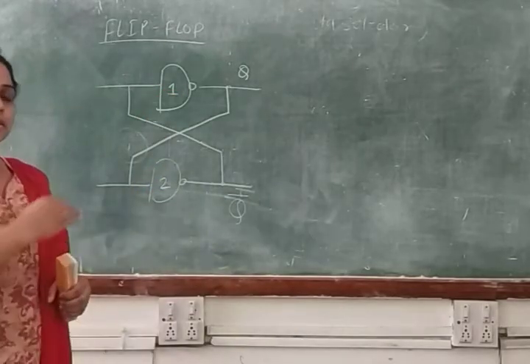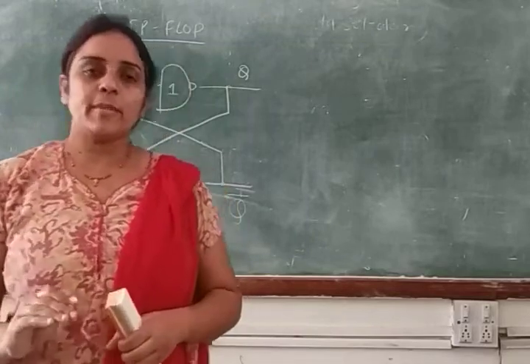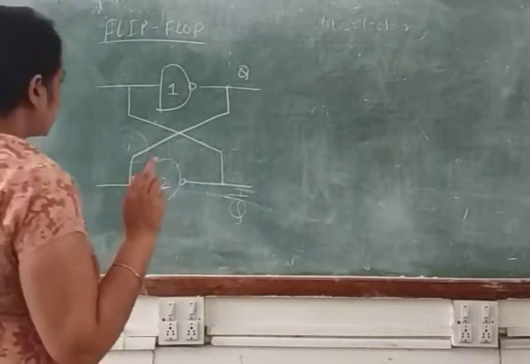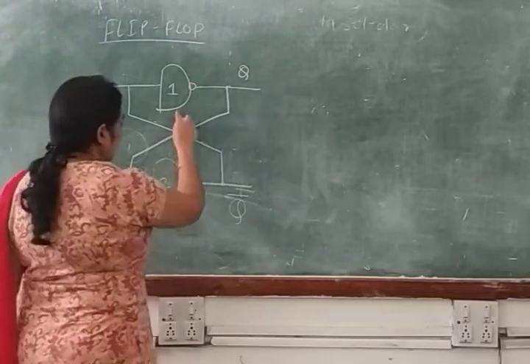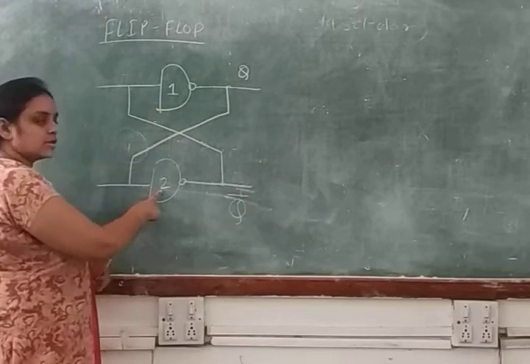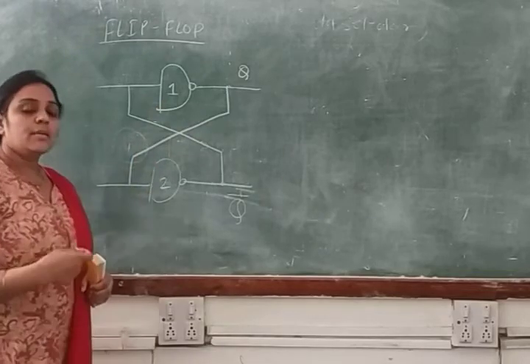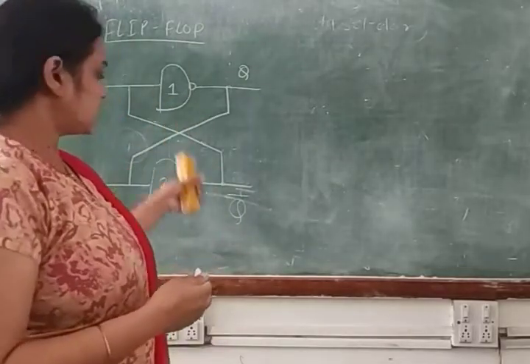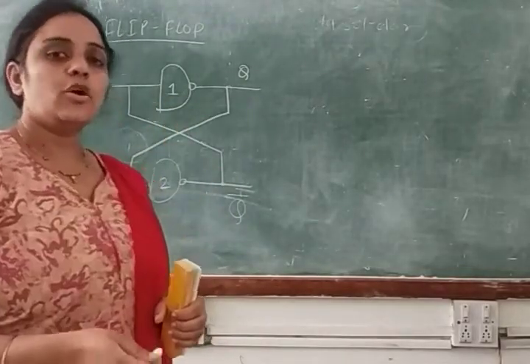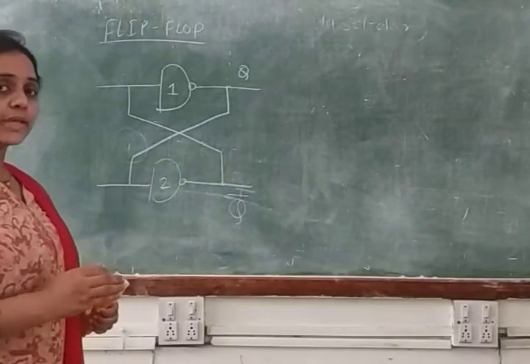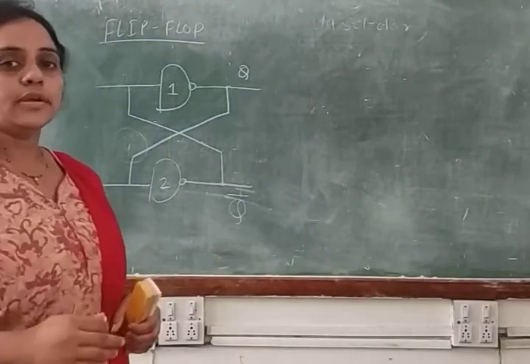Okay. So this is the basic structure of your flip-flop, and we say this is a cross-coupled flip-flop. Here we are using 2 gates, that is NAND gates, and we are numbering them: this is the first NAND gate and this is the second NAND gate. But before we start the procedure, meaning how we will solve this type of structure and get the output, we have to know and memorize the characteristics of the gates.